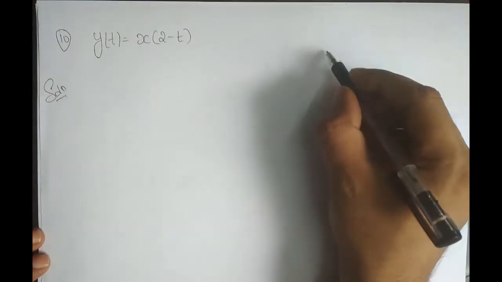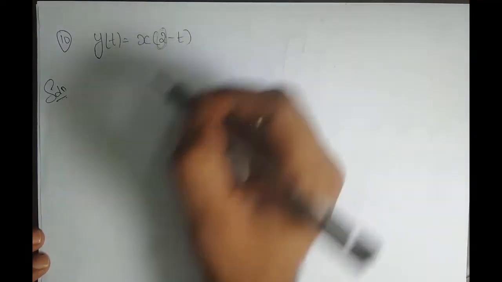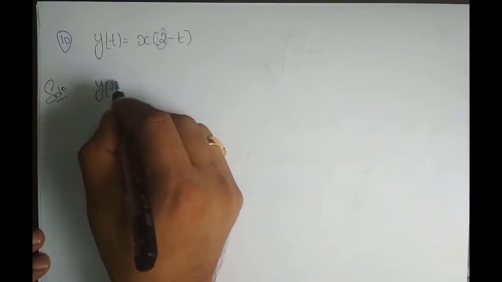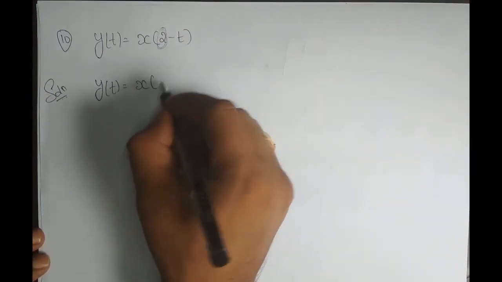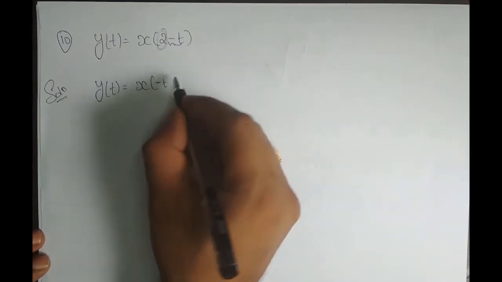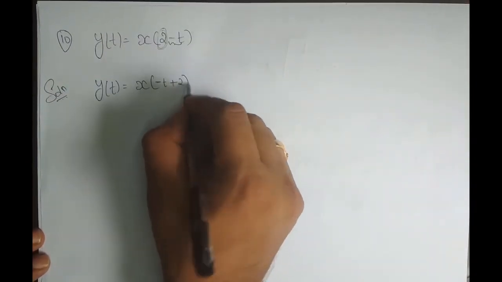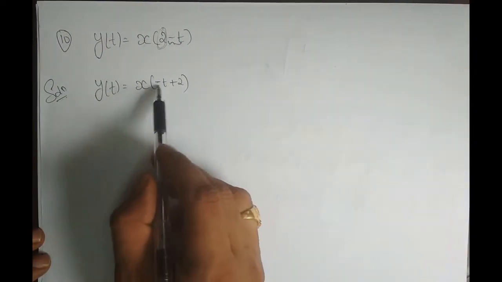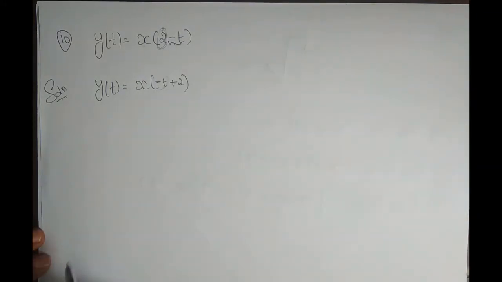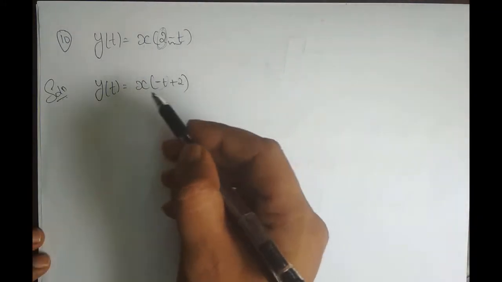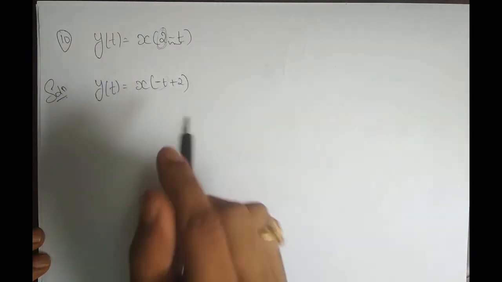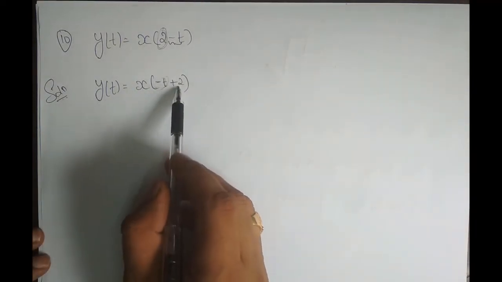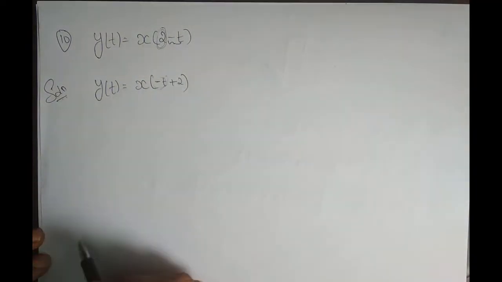Always the first term should be the independent variable. So I can rewrite this equation as x of minus t first, and then the remaining part, which is plus 2. If it is not in the standard form, you convert it to standard form. The first term should always be the independent variable, and it can be plus or minus, multiplied with any constant, that's fine. Now x of minus t plus 2 is nothing but x of 2 minus t, right? I just rewrote the equation.